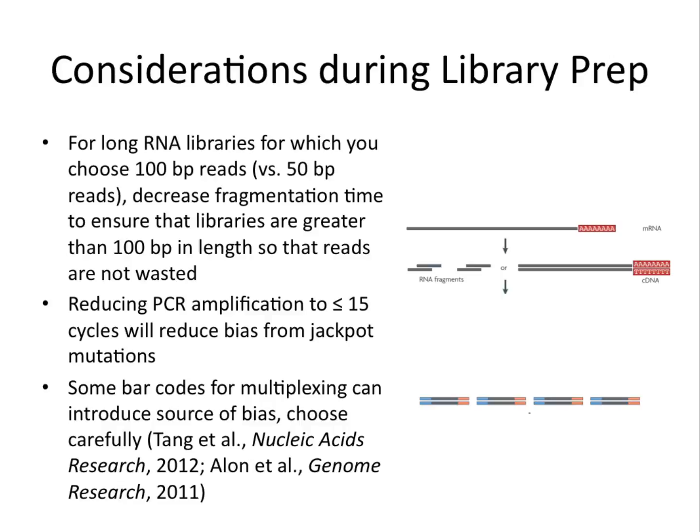Another concern in RNA-seq is potential sources of bias at the library preparation stage. A source of bias is certain runs of sequences that get amplified more. For example, GC-rich and GC-poor transcripts may be underrepresented. And reduction of PCR cycles for library amplification reduces this bias effect.